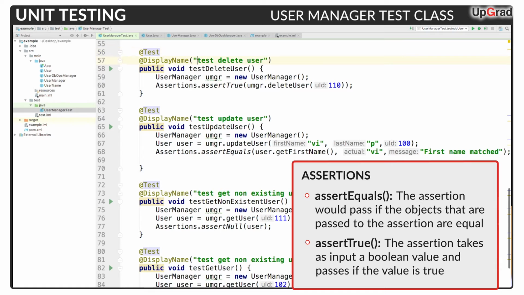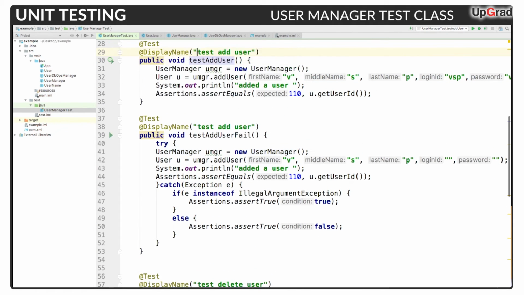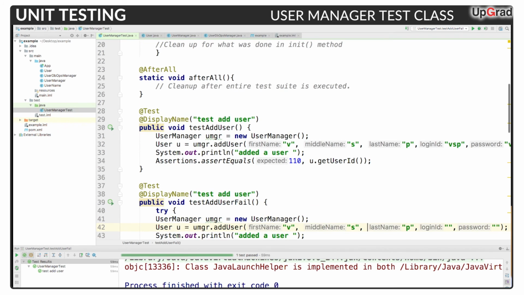Assert true is more a check on a Boolean value; it might take either an expression or a Boolean value. With assert true, if the value is true, then it will pass, otherwise it will fail. So that pretty much explains the basic assertions and basic annotations that we use for executing JUnit test cases. So let us run this test case